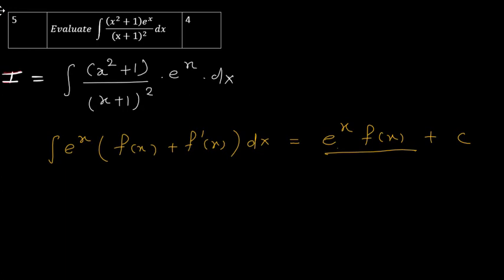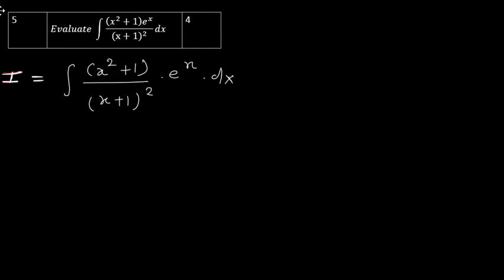Other way is that there may be possibility that integration by parts we can apply when e power x is there. Okay. So to apply integration by parts, it is little difficult because we have to differentiate x square plus 1 upon x plus 1 the whole square. Okay, right. So let us first see whether I can split this x square plus 1 upon x plus 1 the whole square as f x plus f dash x, right. Okay, so I erase this formula and now we will start expressing this term in the form which we discussed.